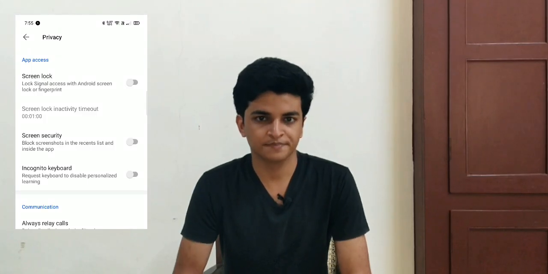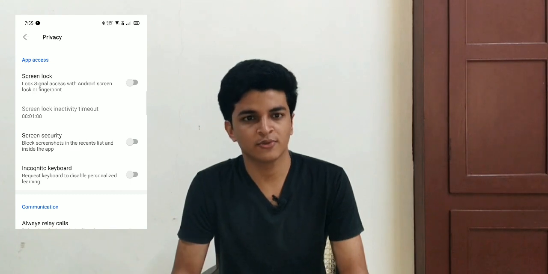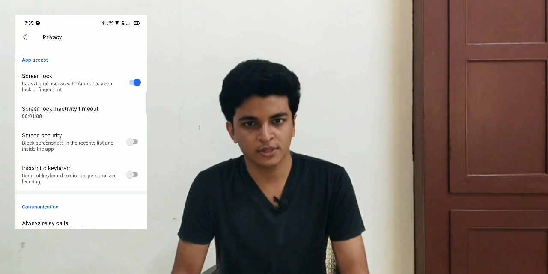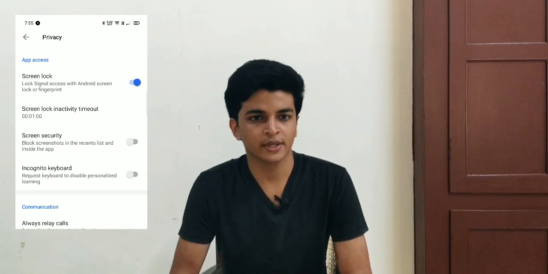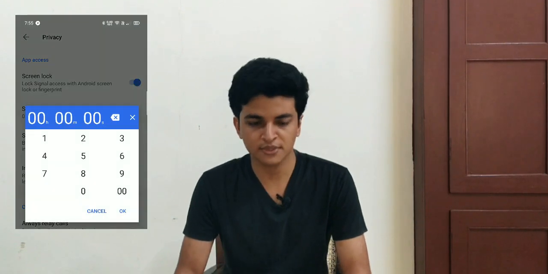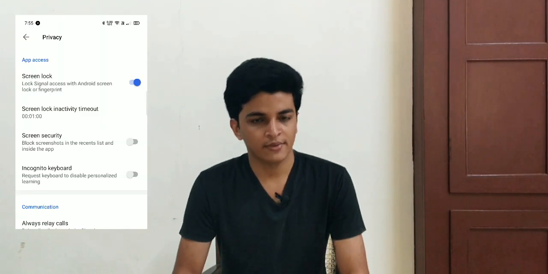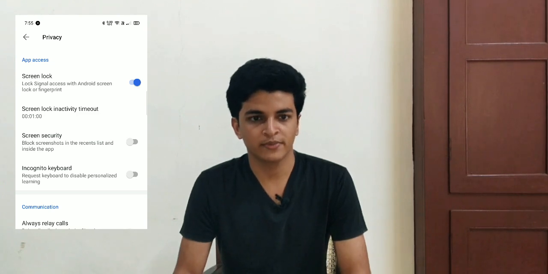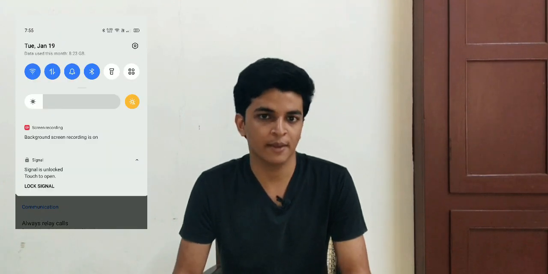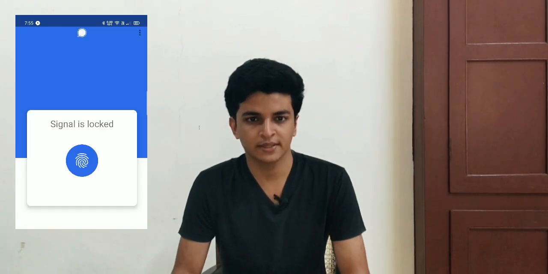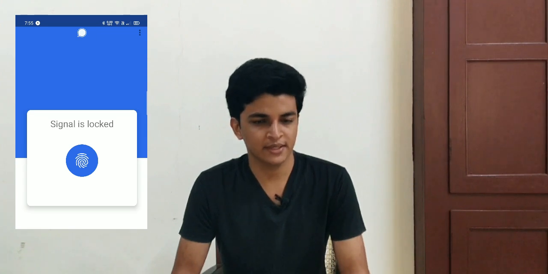Now, the first one, screen lock. This is almost like your phone's built-in app lock, but not that really good. You can lock your app in two ways. The first one is you can select an inactivity time period, and after that time period the phone gets locked. The second one is available only for Android right now, and you can go to the notifications window and manually lock the app. Personally, I think you should go for your built-in app lock. I think it's much better anyway.